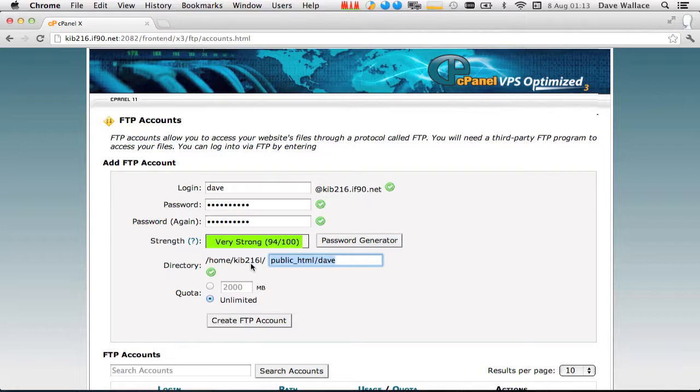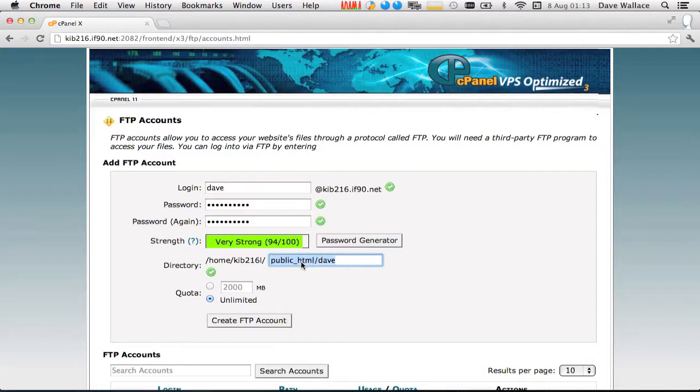You could share accounts, or you could set up completely different accounts if you want. So what you can do is give a particular FTP account access to a certain folder. So if you only want a certain user to have access to, let's say, your uploads folder, but not any of the other WordPress files, you could set up different accounts like that here. Yeah. So this home directory thing here tells it which directory to open up in,